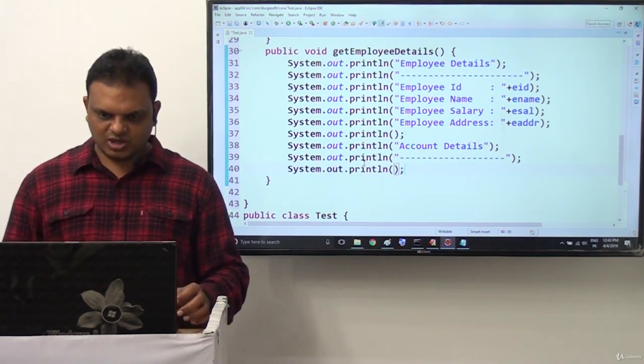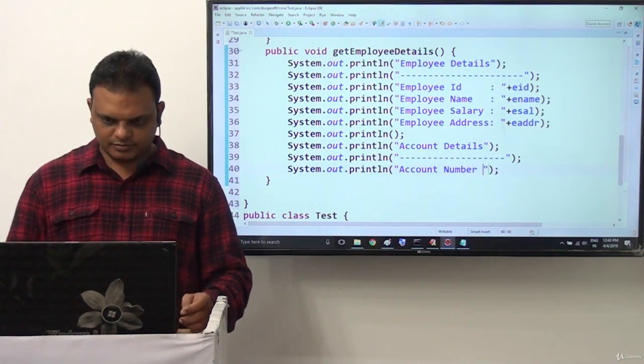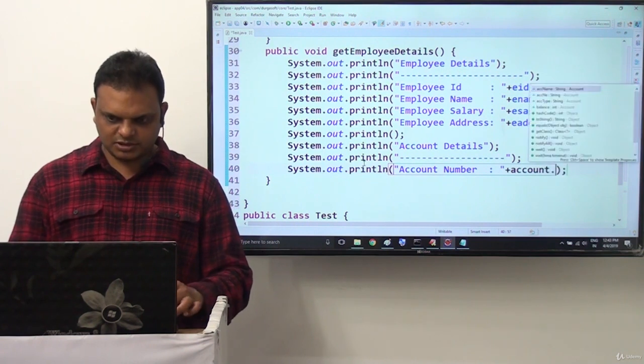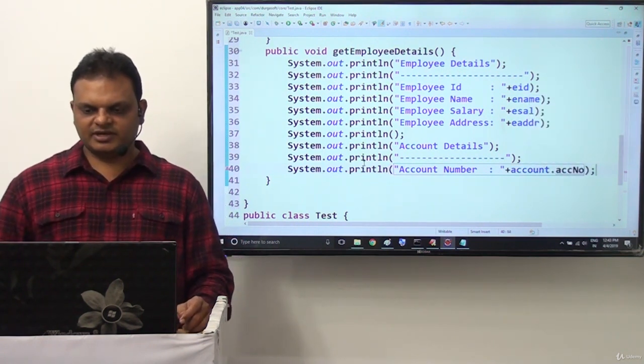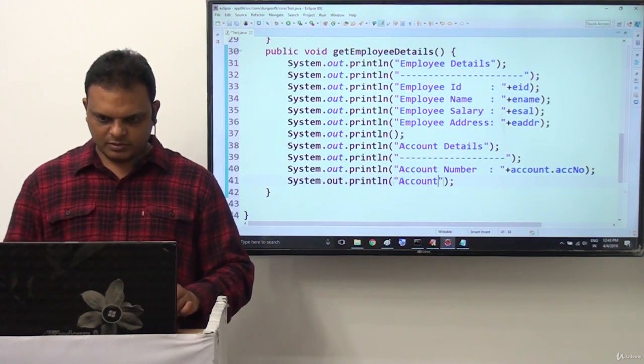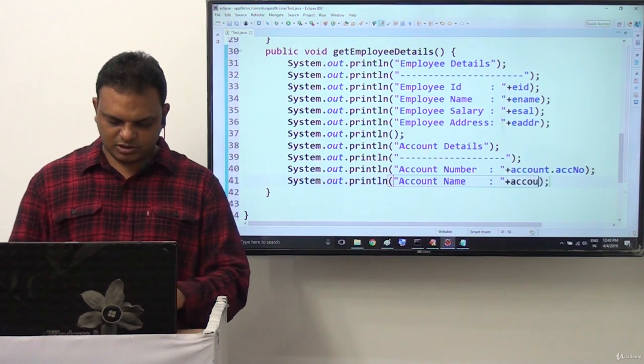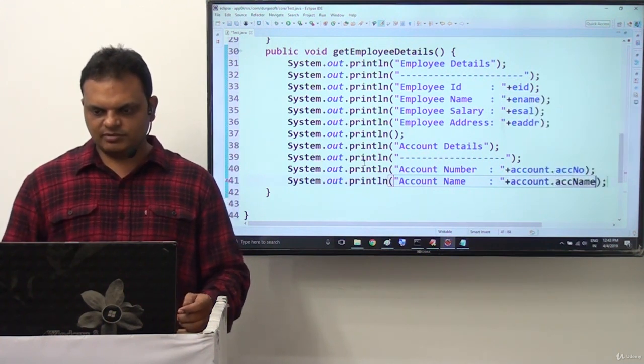Now System.out.println of account number, plus account.accNumber, we can display. Next, System.out.println of account holder name, plus account.accName.